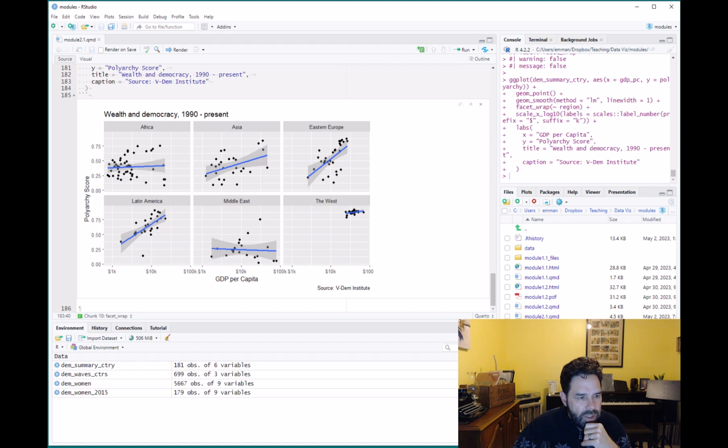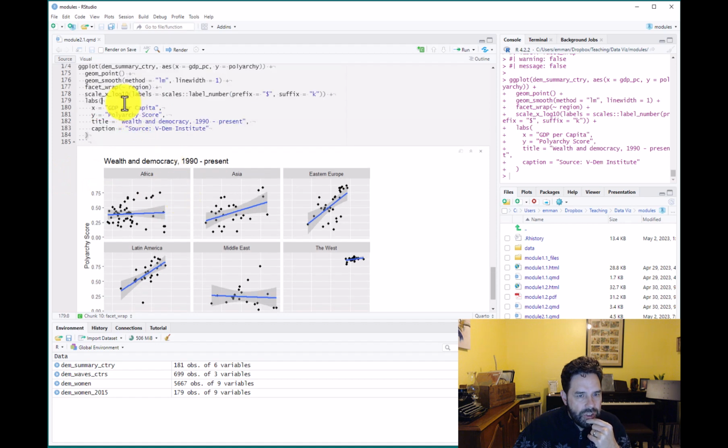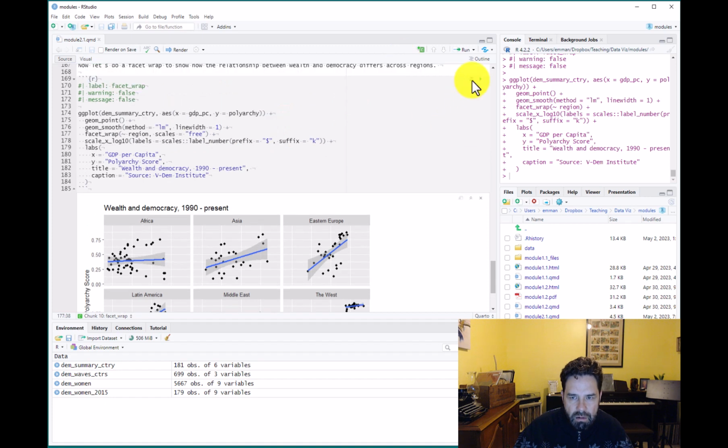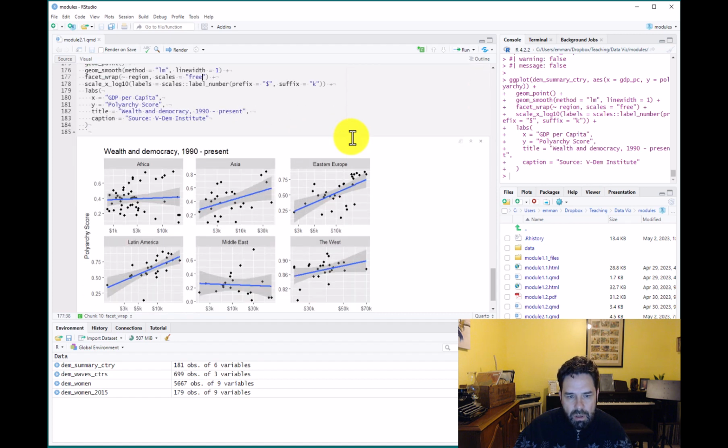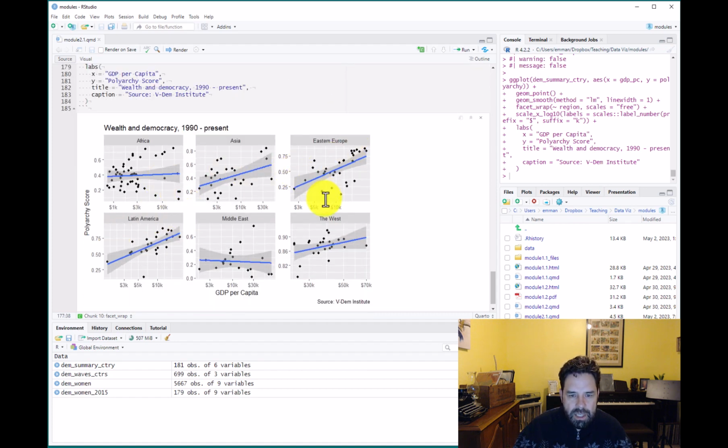And so one thing we can do here is we could actually add an option to our facet wrap call. We could say scales equal free. All right, and if we do that, there's actually an option just to make the scales for X free or the scales for Y free, but we're doing both here. And then everything's on a different scale essentially, right? And this allows us to unbunch the West, and there we see something of a relationship between wealth and democracy,